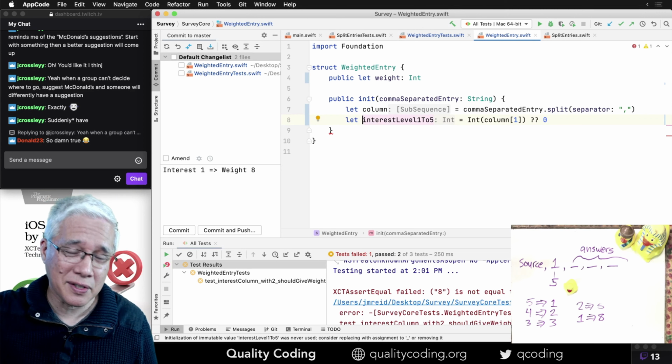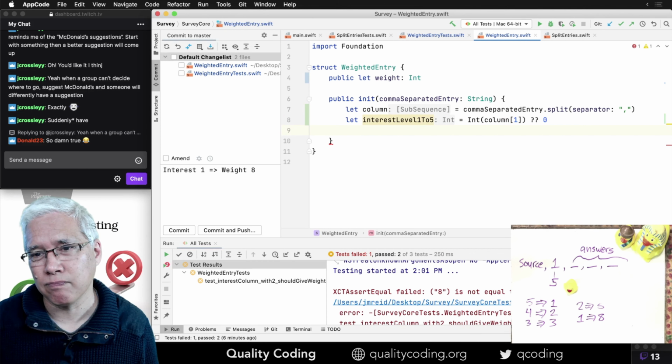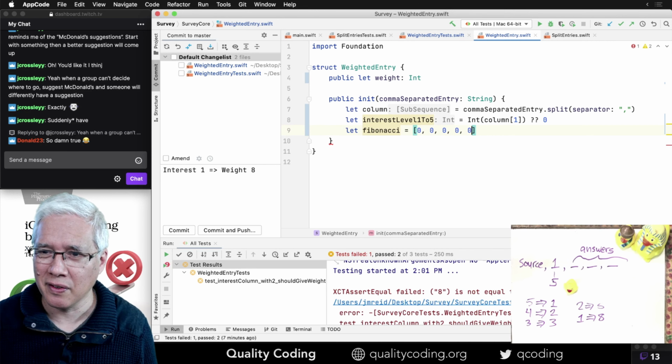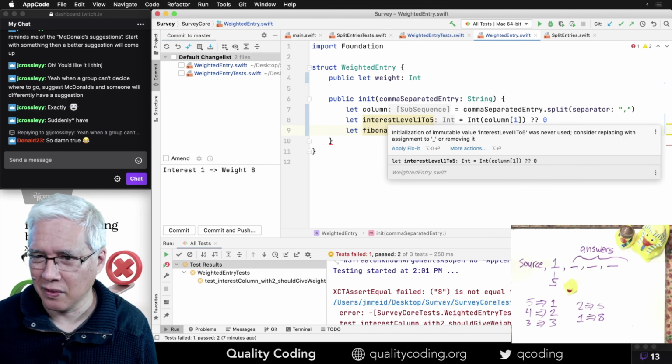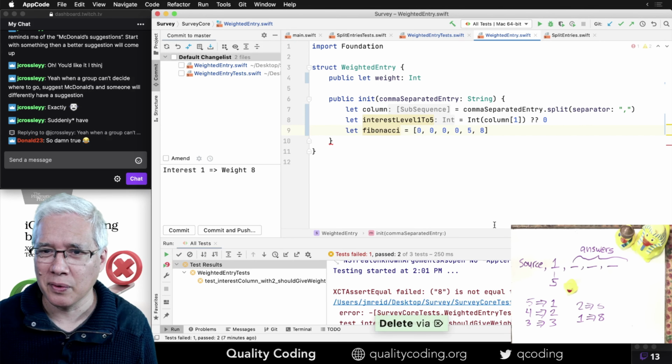I need to turn this into the proper weight. So how about, let me start with nonsense numbers. Let's see if this will work.